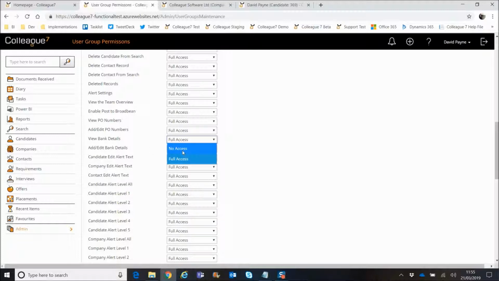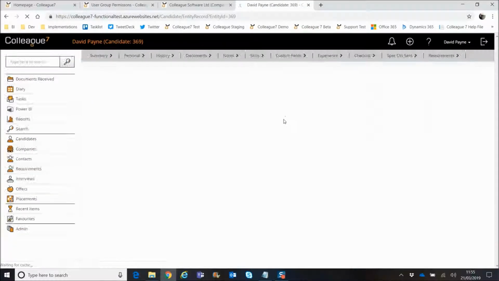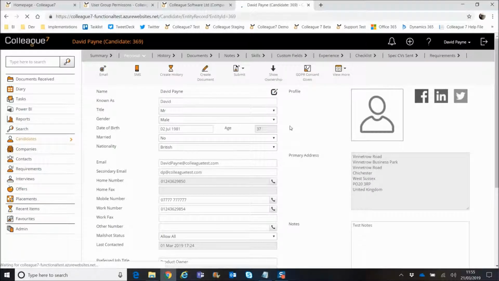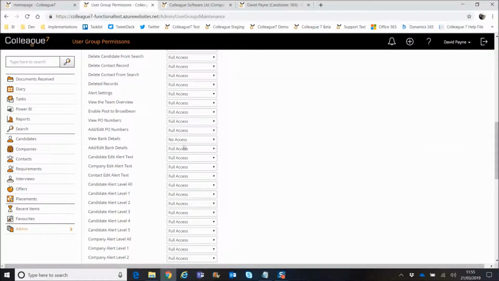If I set that to no access, and by default they will be set to no access across the board, they're very much enabled for the purposes of back office on a case by case basis. What you'll see is that off the view more menu the bank details option isn't viewable now. So if we set that back to full access,